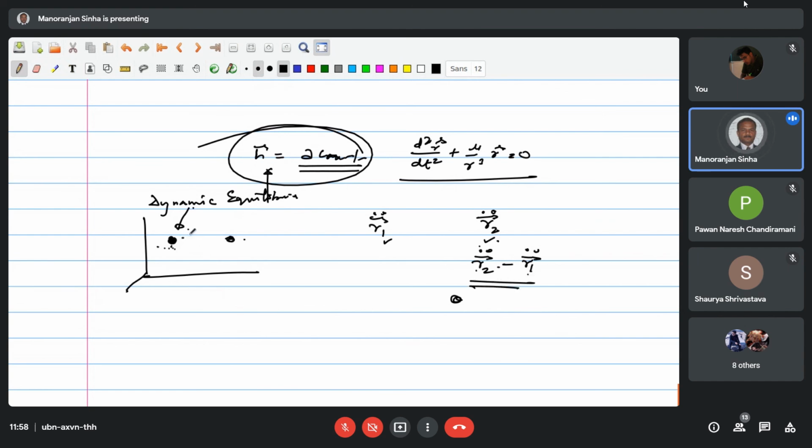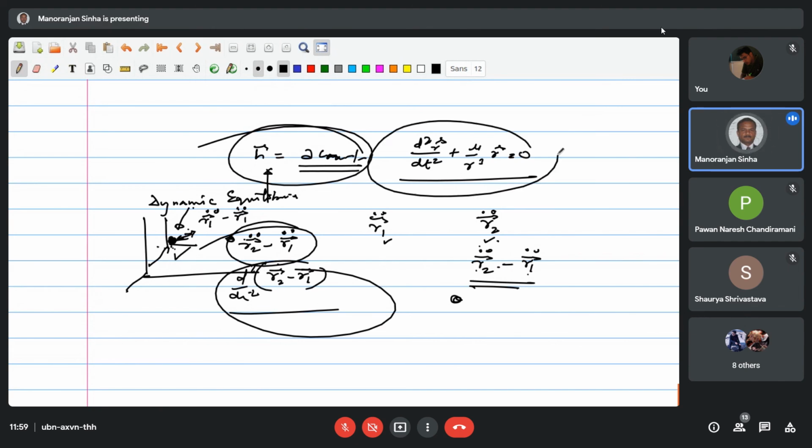So you are subtracting here R1 double dot, the acceleration of this, and from this you have subtracted R1 double dot. And here R2 double dot is the acceleration of this, and from there also you have subtracted R1 double dot. So then this frame becomes inertial, and then you have applied this. So R2 minus R1, then d square by dt square. So this description is again in the inertial frame. Though this is relative, this description is of the same thing you do for a pendulum moving in a cart, once you are trying to solve this problem.